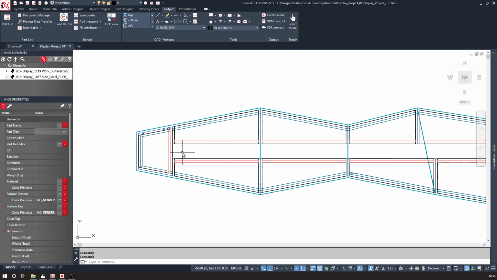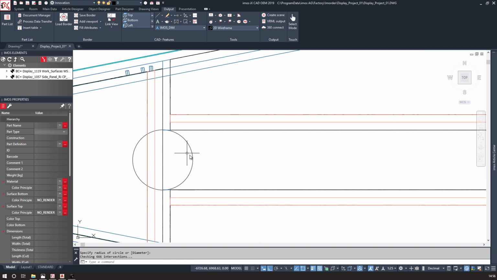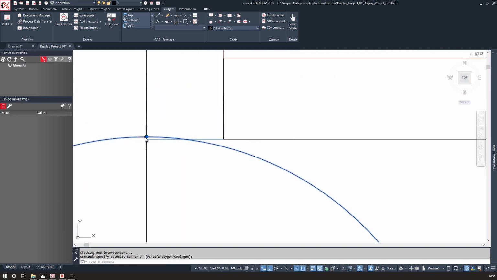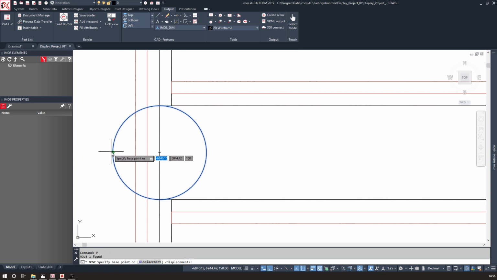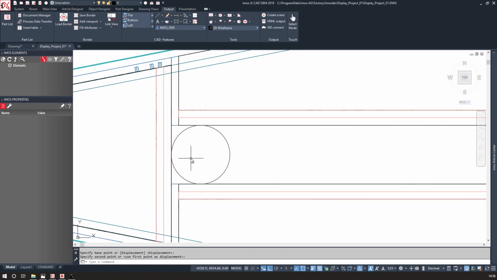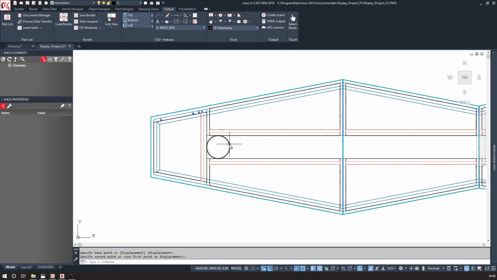Perhaps I want some sort of cable access for a display that's going to be put on top of the worktop. In that case, I'd need some sort of pocket or access cut. I can do this easily by using a circle. Once drawing the circle, I can use AutoCAD commands to snap it accurately to the diameter that I need, and then position it exactly where I want. I can make copies,